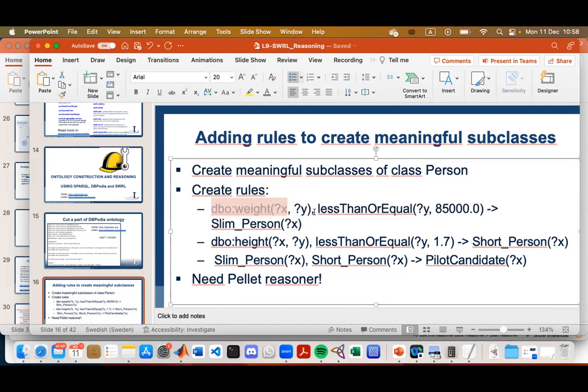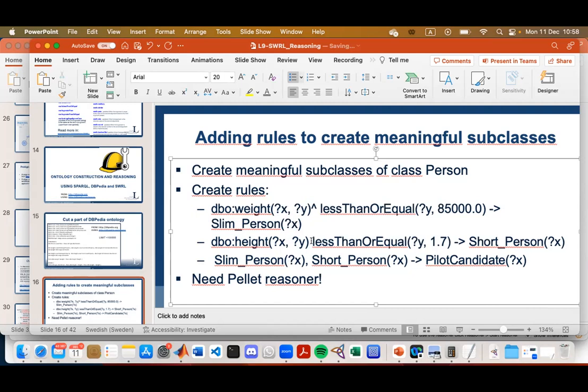And actually, if you look at this slide, it's not the correct syntax. It's supposed to be, I will upload the new version afterwards, the sign over here, and the same here, and also here.